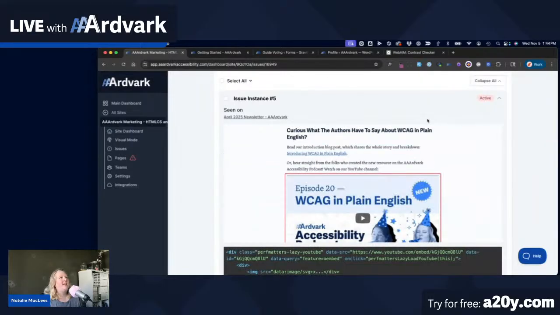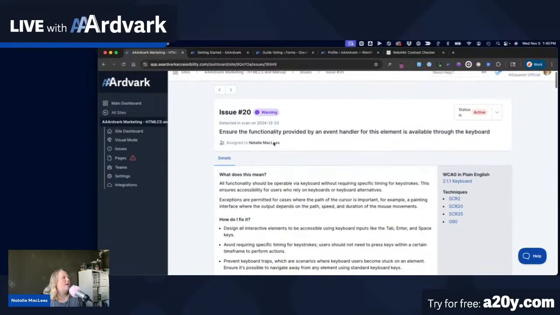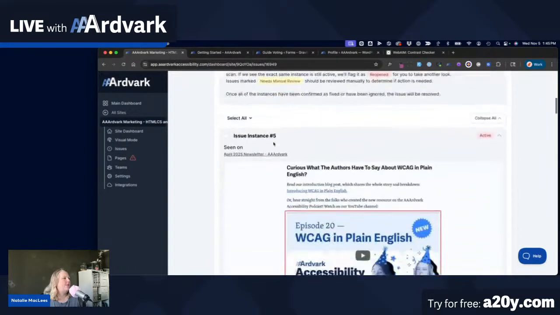And the next time a scan runs, it'll just confirm that that fix actually went through. So I just need to make sure that I edit that Gravity Form and get that code pushed up before the next scan runs on Sunday. And we do have another instance of this issue. And so we're going to go check that